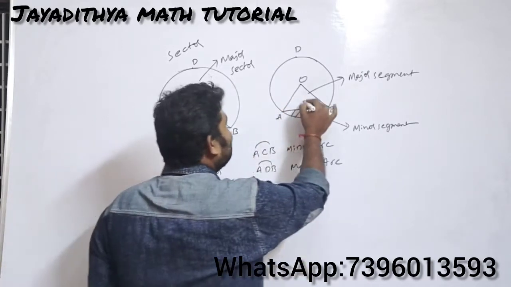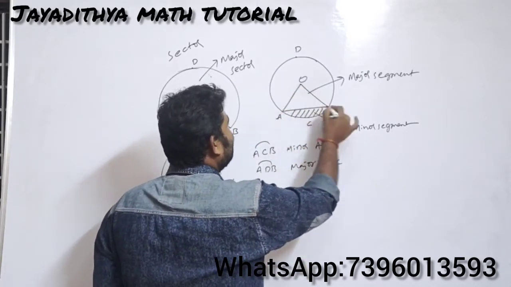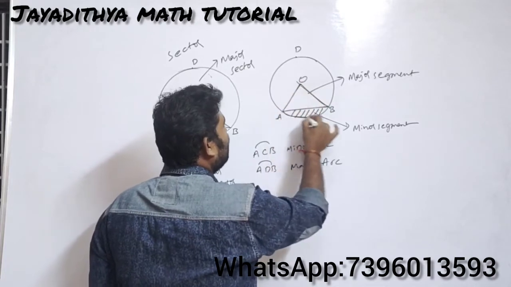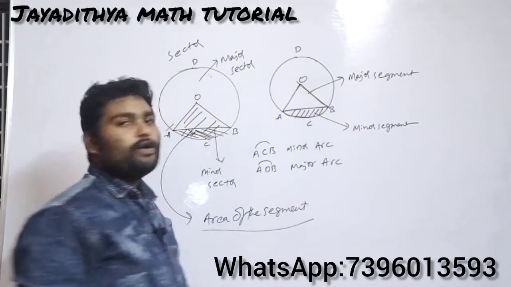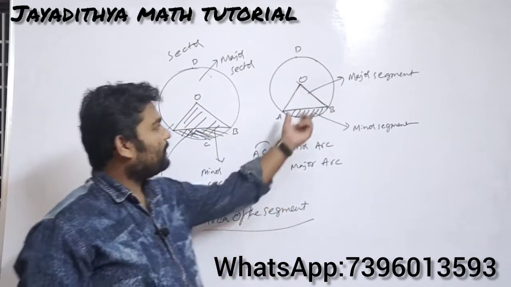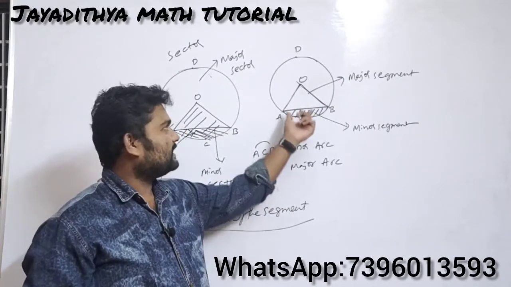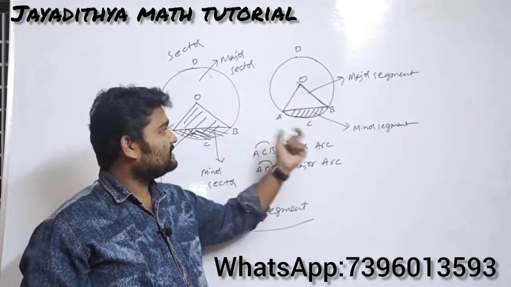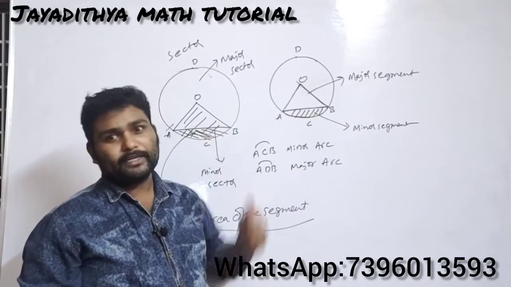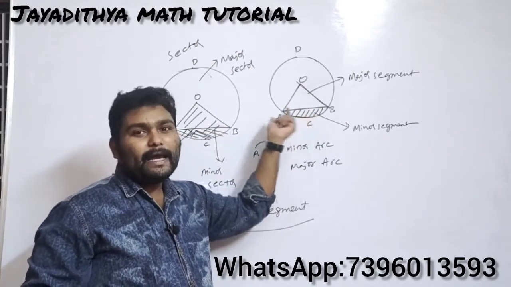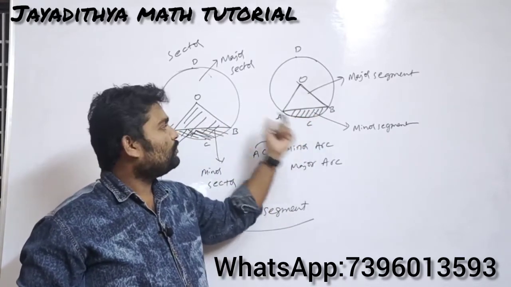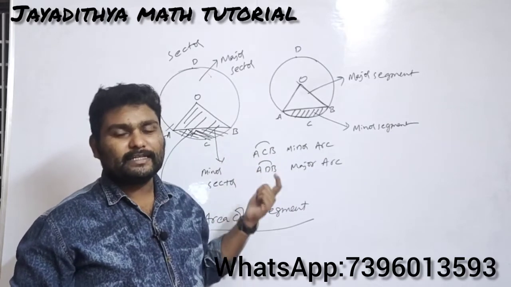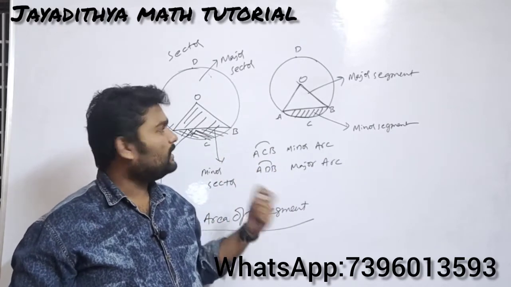That is, you can see a triangle here, right, Nana? And you can see a segment. So a sector consists of a segment and a triangle. So we need to find the area of the segment. We have the formula for the area of the sector.